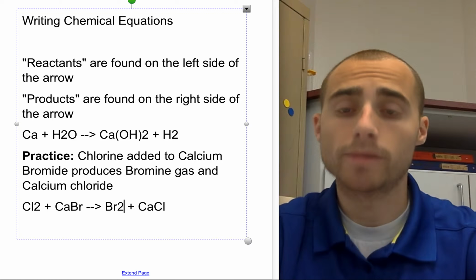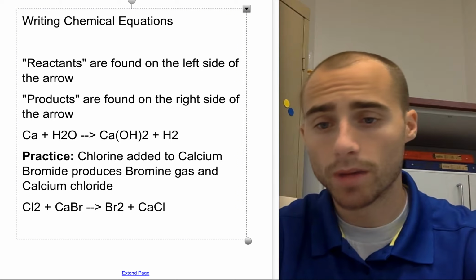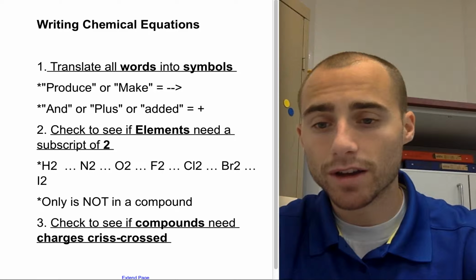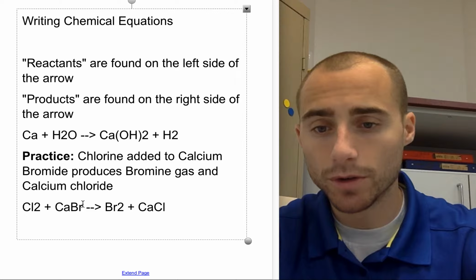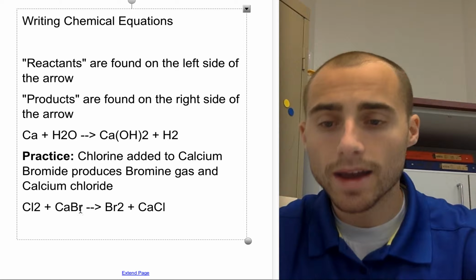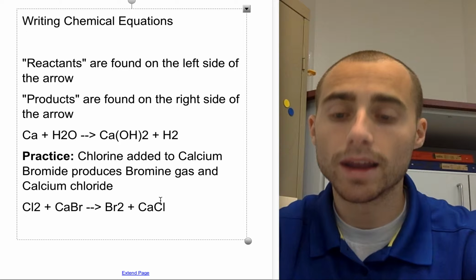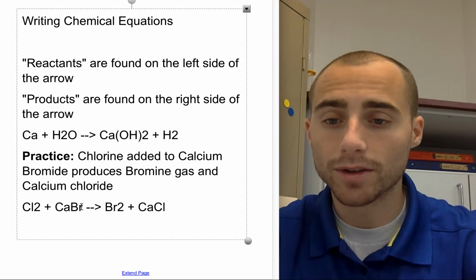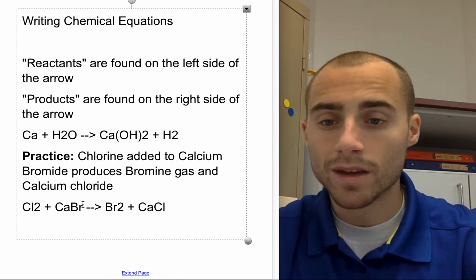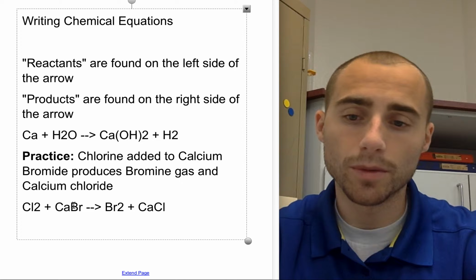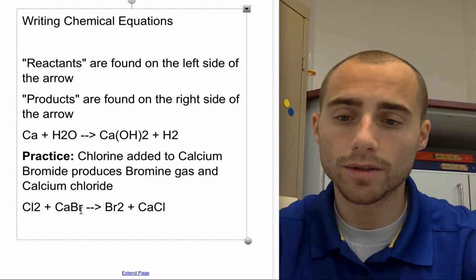Okay, am I done now? No, I'm not. I need to check to see if the compounds need charges crisscross. So I have 2 compounds here. I have this one and this one. I see that calcium and bromine, that's ionic, calcium and chloride, also ionic, so I do need to crisscross the charges. Bromine has a charge of 1-, calcium of 2+, so I bring the 2 down here, the 1 down here, so I end up with